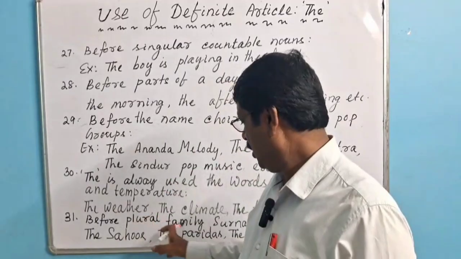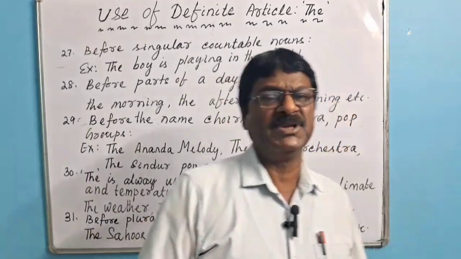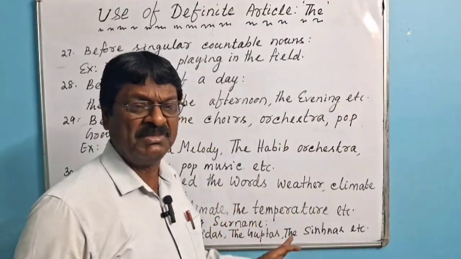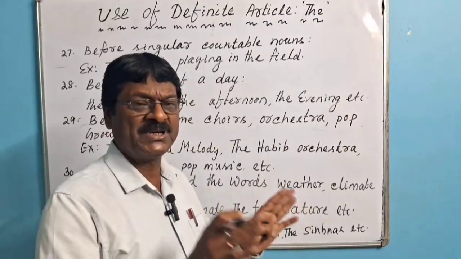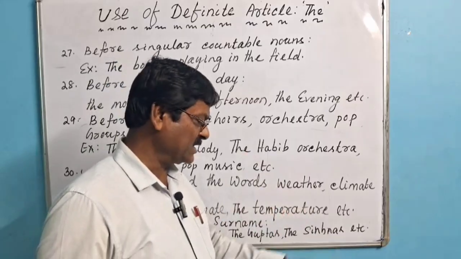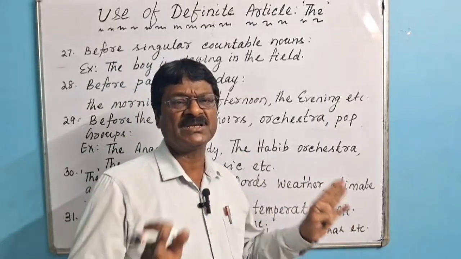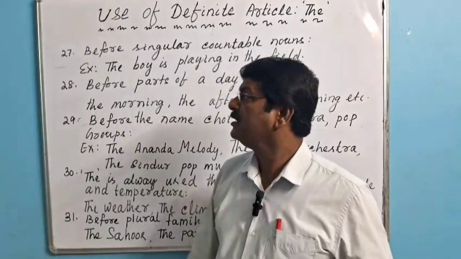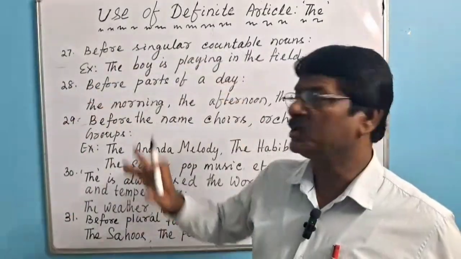Sau. The Poridas means Mr. and Mrs. Porida. The Guptas means Mr. and Mrs. Gupta. The Sinhas means Mr. and Mrs. Sinha. Okay? So we shall deduce here conclusion that the is used before the name of singular countable